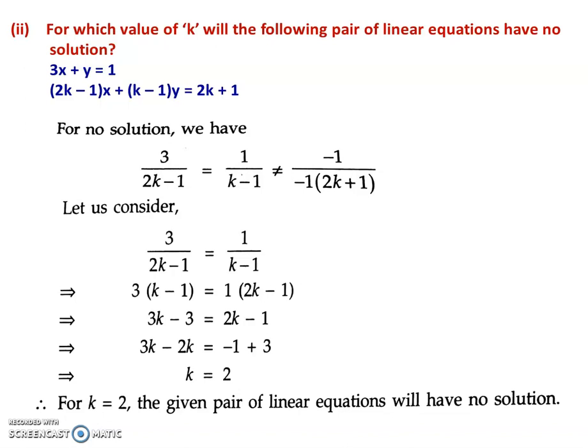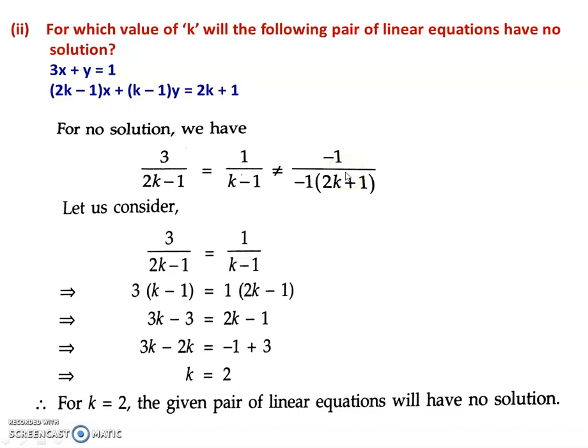The next problem: for which value of k will the following pair of linear equations have no solutions? Now this is similar to the previous one. Here, instead of infinite, we will apply the condition for no solution. The condition for no solution is a1 by a2 is equal to b1 by b2 but not equal to c1 by